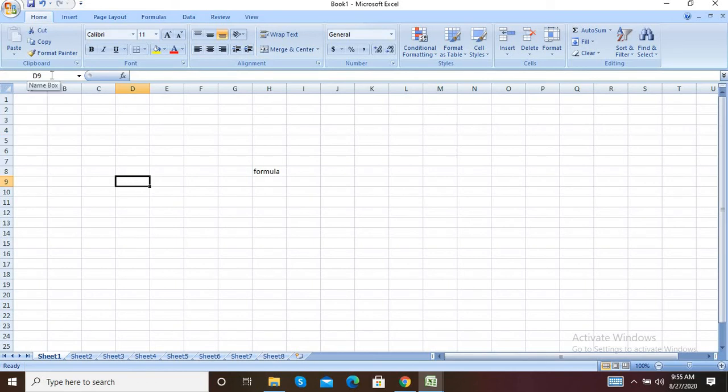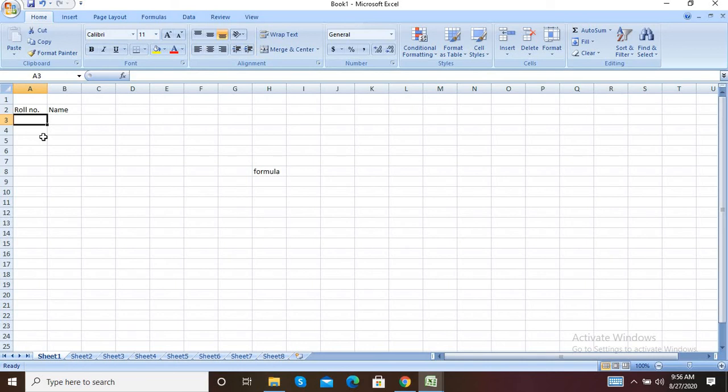Next thing, entering data in the worksheet. Now I will show you how to enter data in the worksheet. For that, select one cell. For example, I want to write a roll number. So write roll number. To shift to the next cell, you can use the arrow key or the tab key. And then if you want to come down, you use the enter key, or you can directly use the mouse to move to any cell.